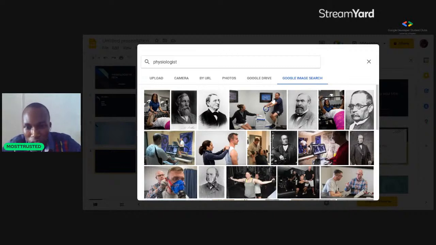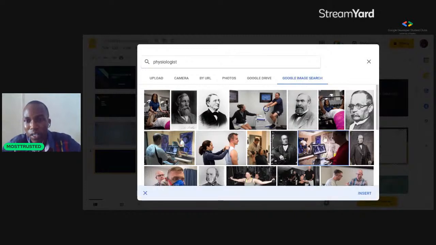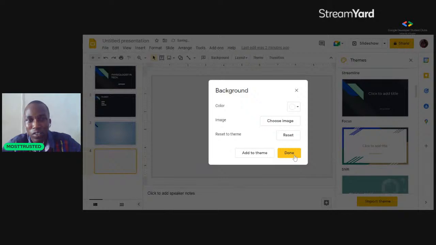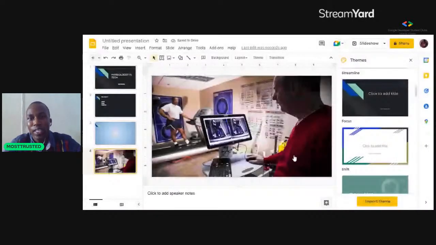We can just select one of them and you press the insert, then it's done. So we can see that the background for this slide has already changed to that image. So those are the ways in which we can select images and change our background on